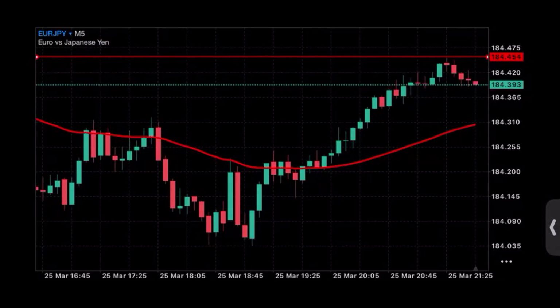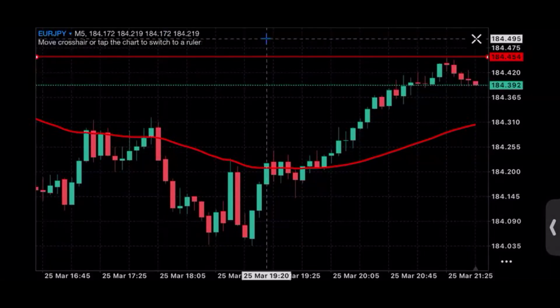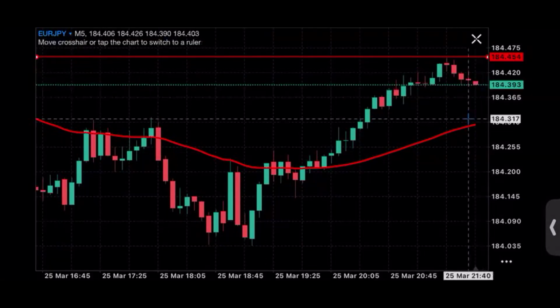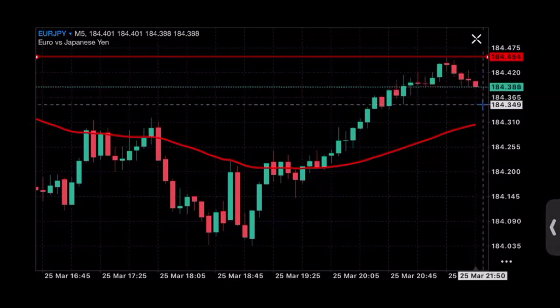This low is still trying to form, so we don't know when the low is going to stop. The current market price is still moving, this low that is forming right now. So anywhere price stops moving and then begins to move up, we can use that place as our stop loss or as the main low. The major low right now that is being tested is this level here.